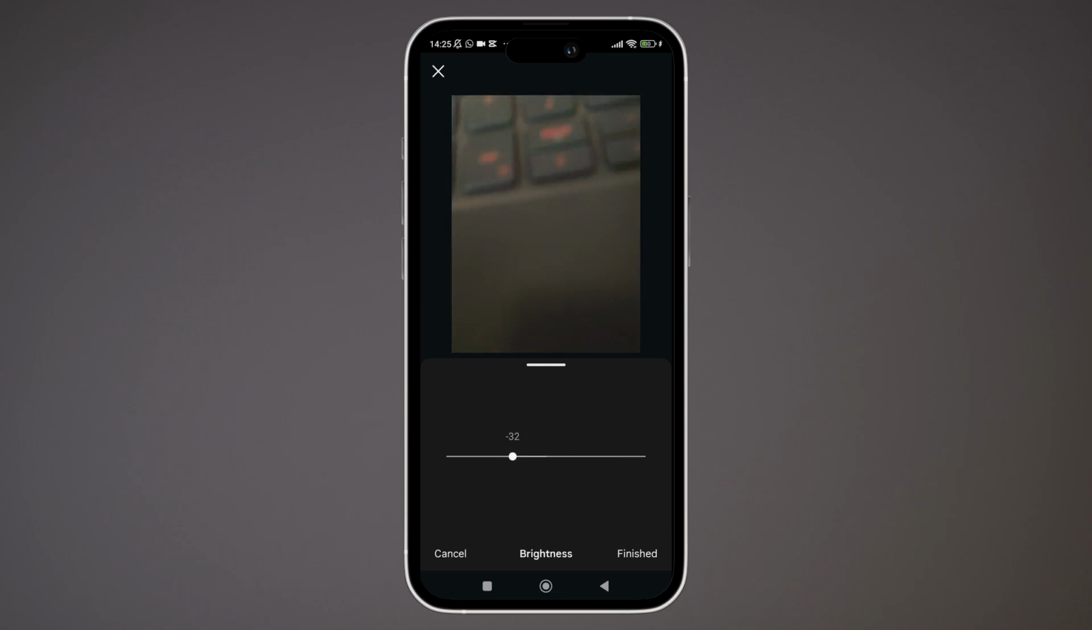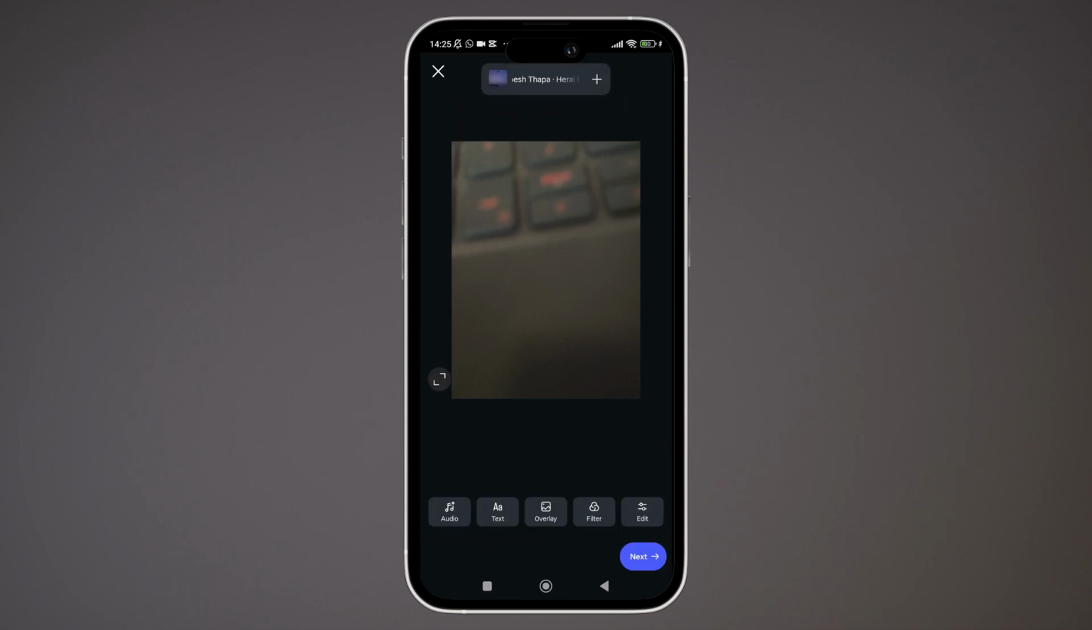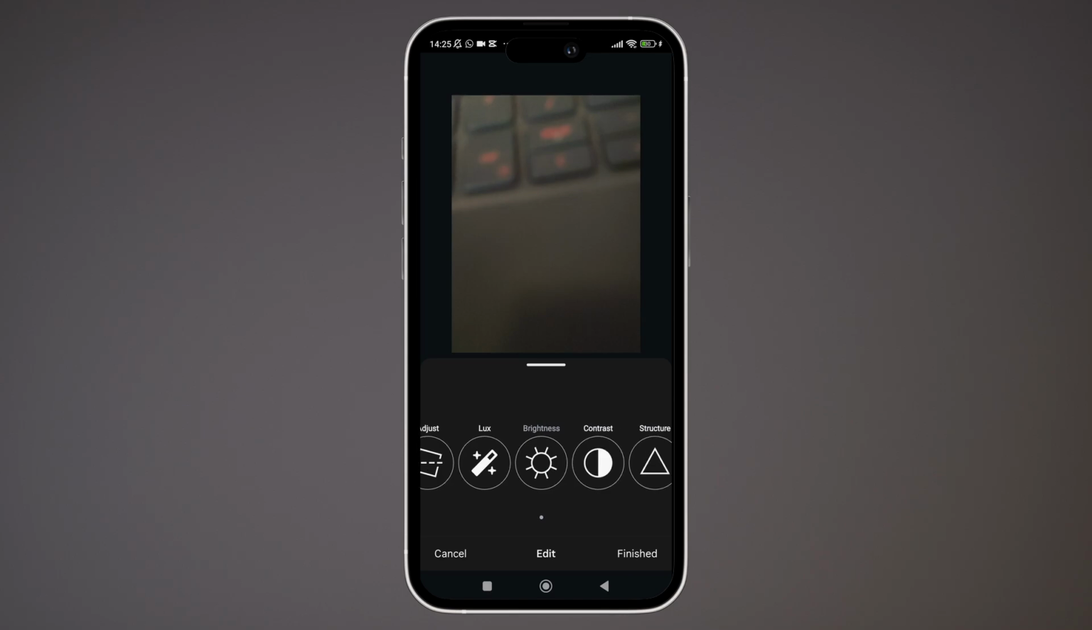And here, once done, you can just tap on finished, and here with that you can also edit the contrast, lux, structure, warmth, saturation, and much more. You can just repeat the same process for each setting, and here once you're done with everything, you can just